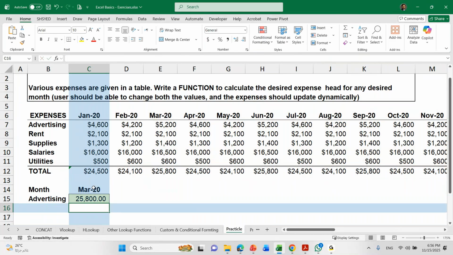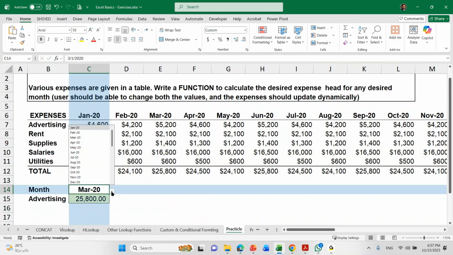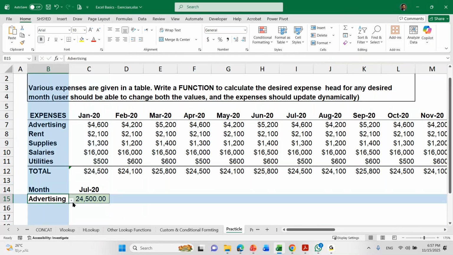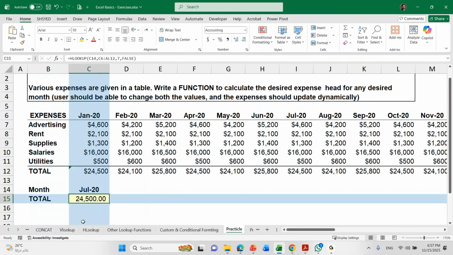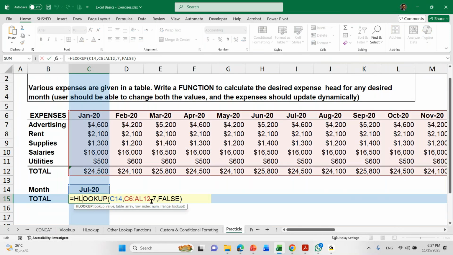It can respond to the month selection because if I go to July 20, this result will change. But if I change this selection, this result does not change, because I have not built in this selection. So for that purpose, what I can do is replace this 7 with a